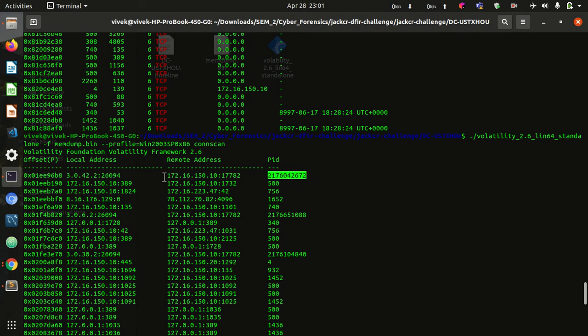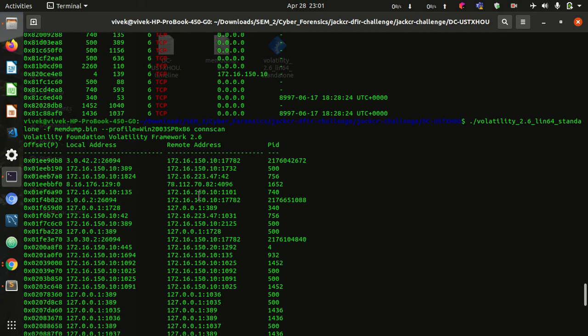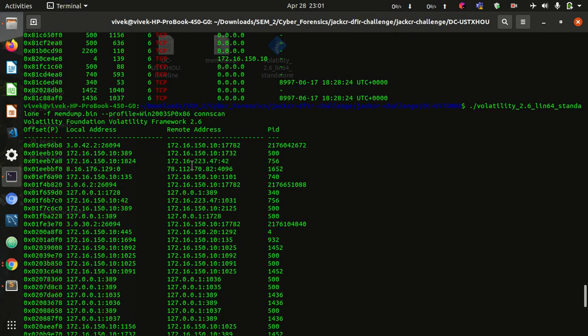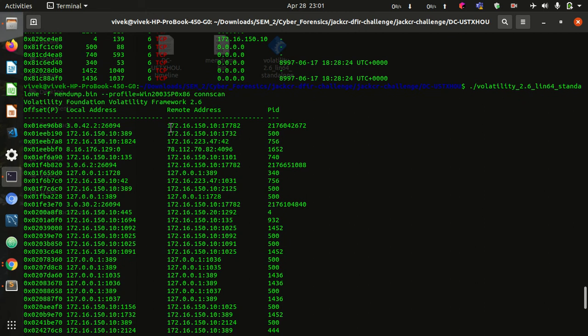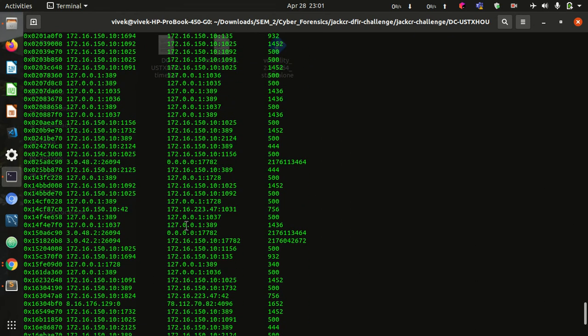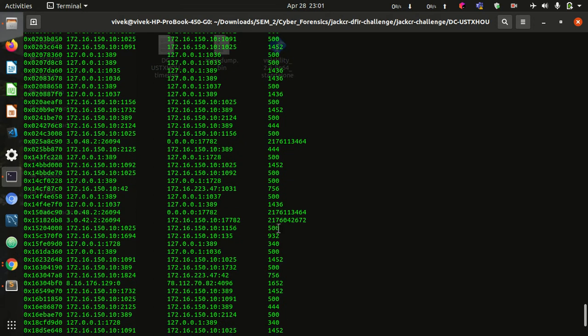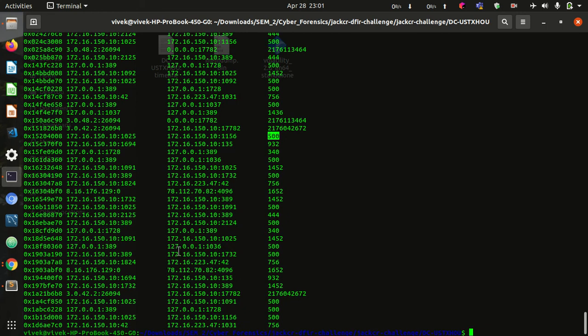So if some user is trying to access some malicious website, from this remote address we can check through which servers the user was connected, and we can further scan these IP addresses to know which of them are malicious, and we can search for the particular process, what this process was doing.